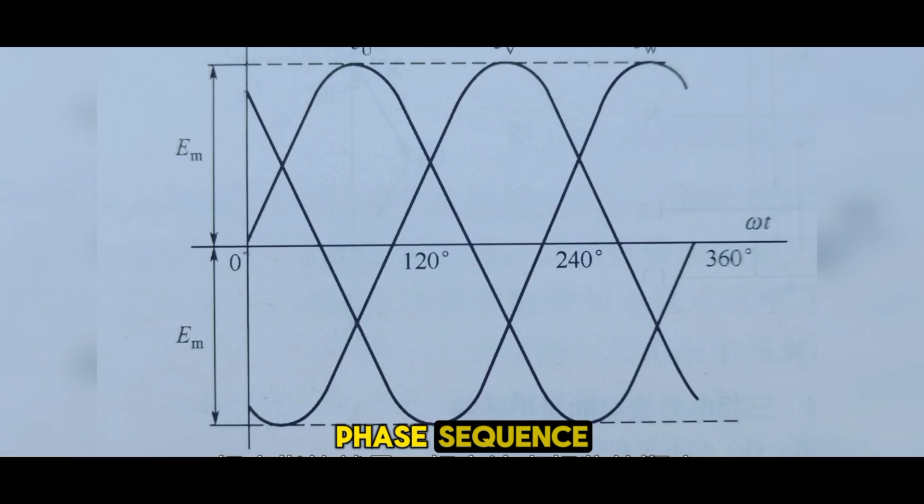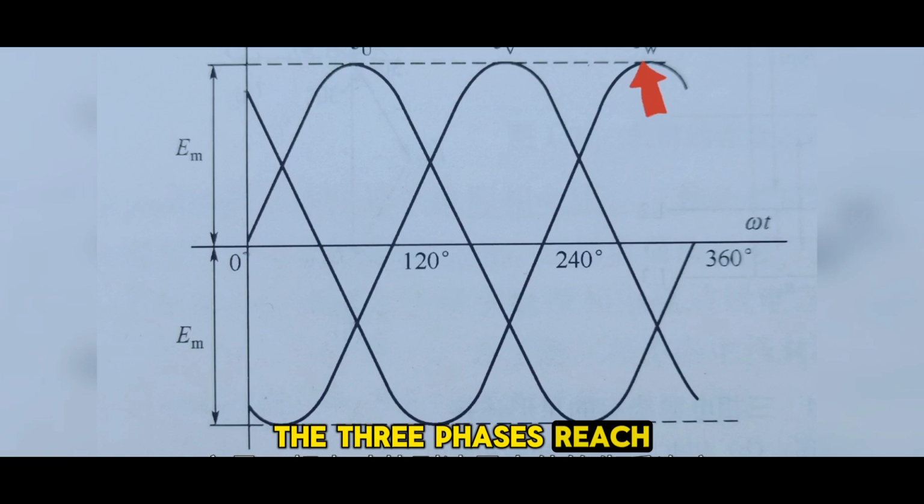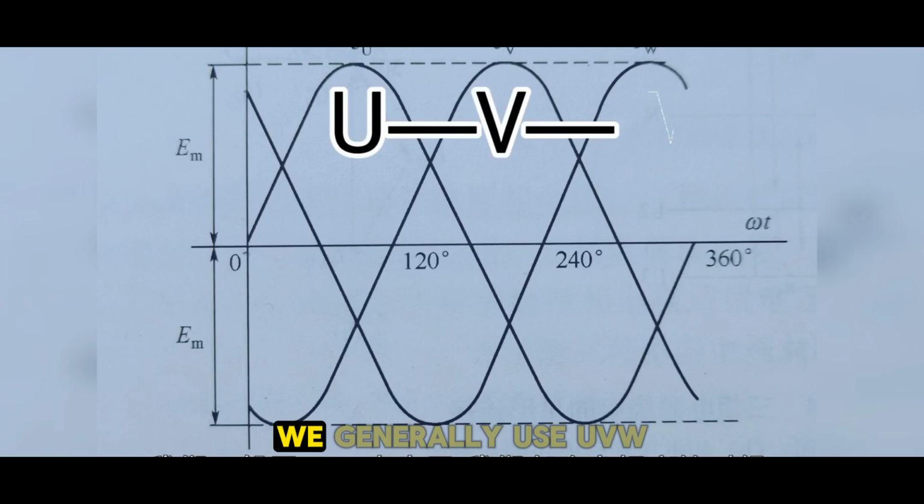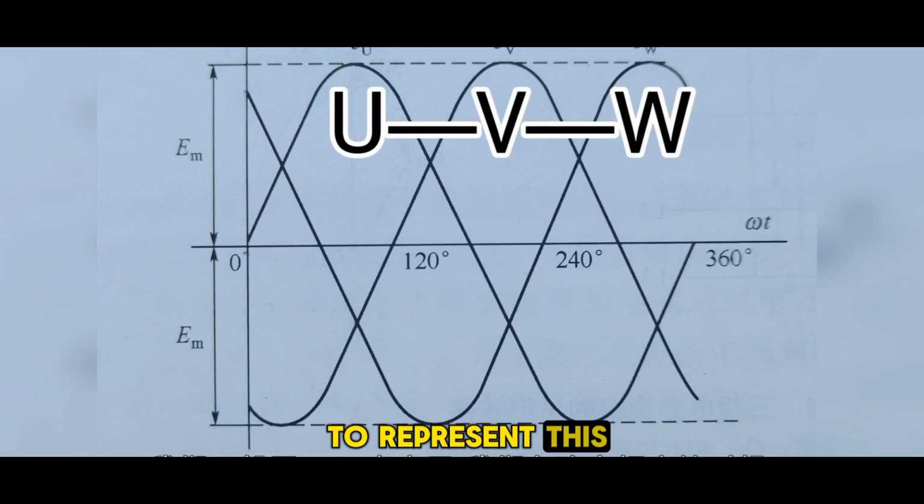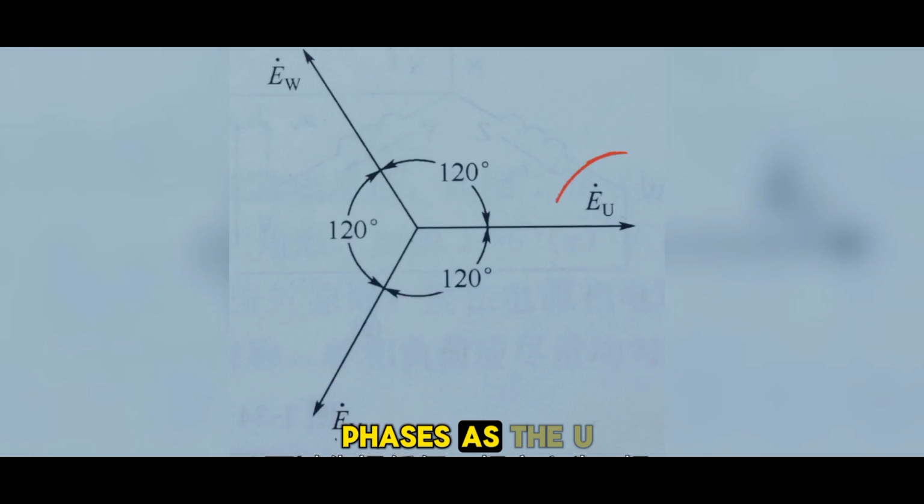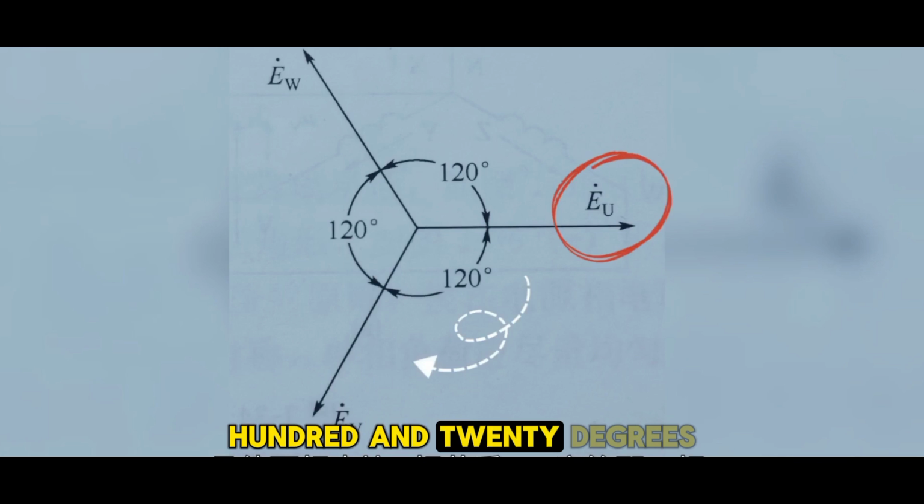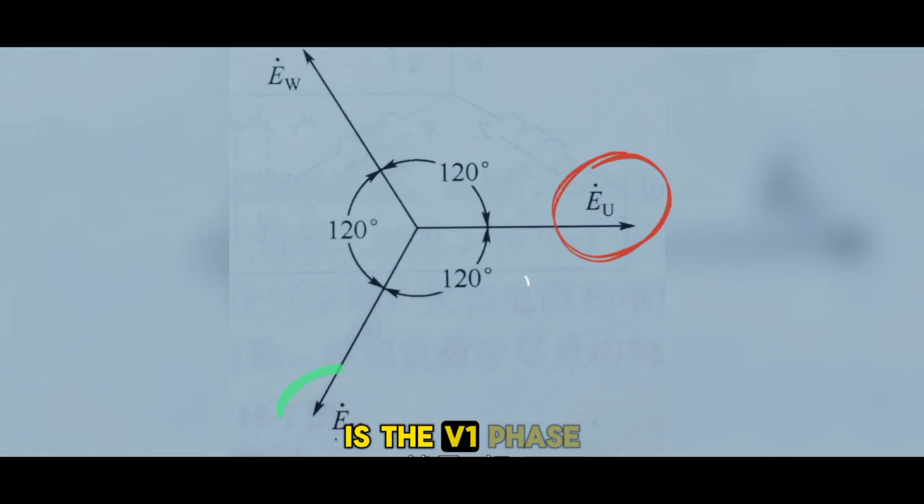The term phase sequence refers to the order of the phases in three-phase alternating current, which is the sequence in which the three phases reach their maximum values. We generally use UVW to represent this. When determining the phase sequence, we can first define any one of the phases as the U phase. Among the other two phases, the one that lags 120 degrees behind the U phase is the V phase, which